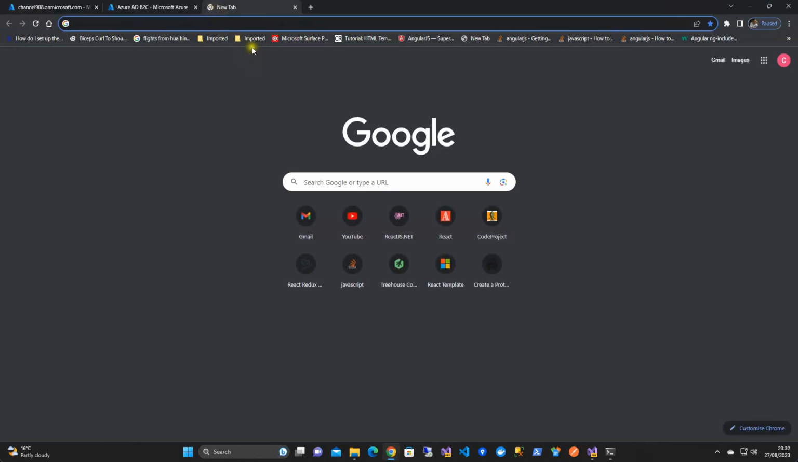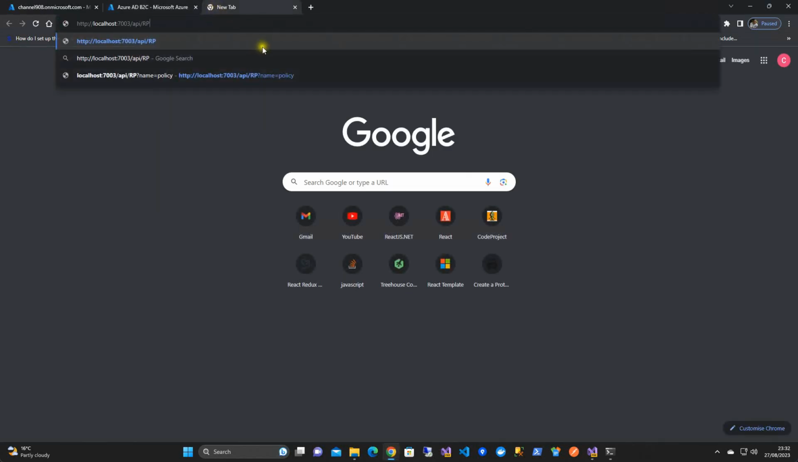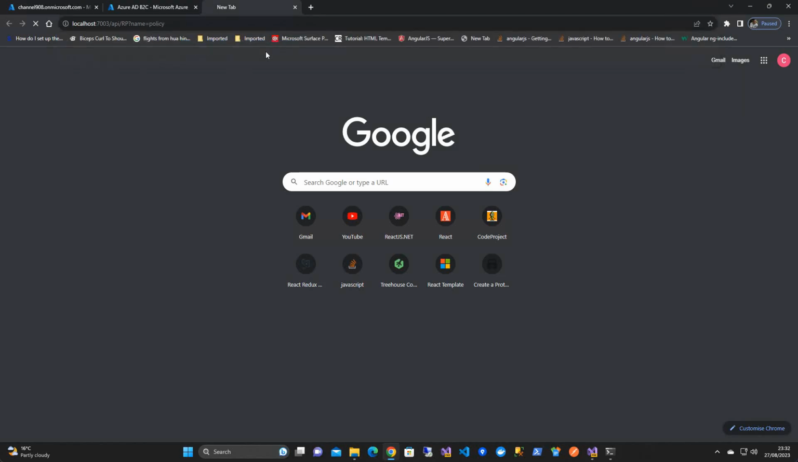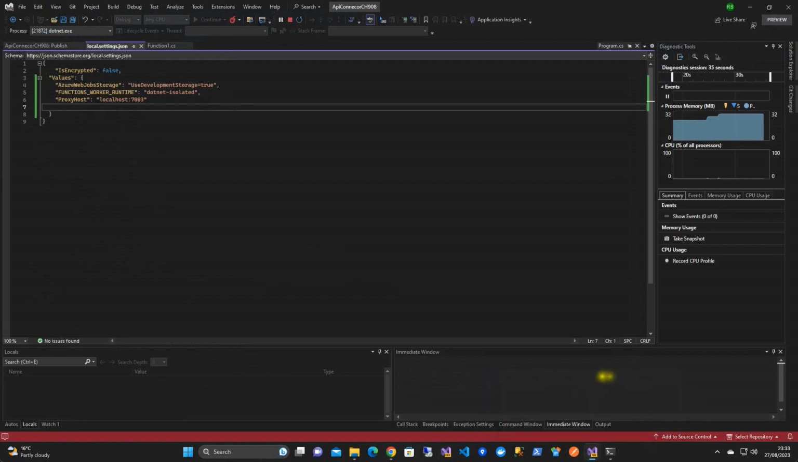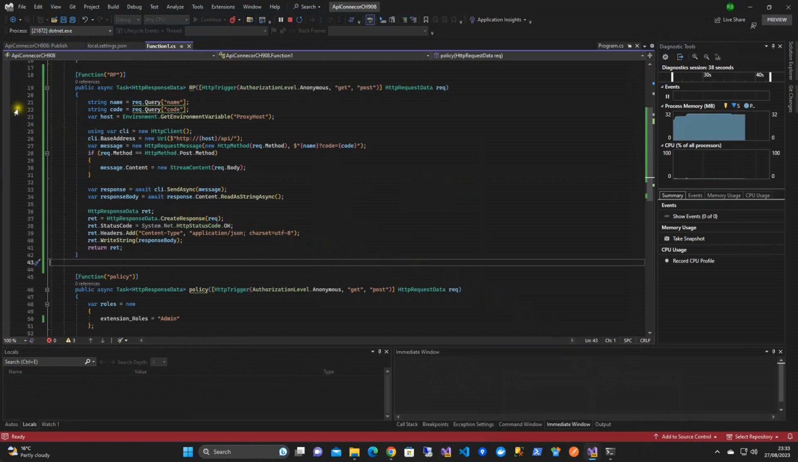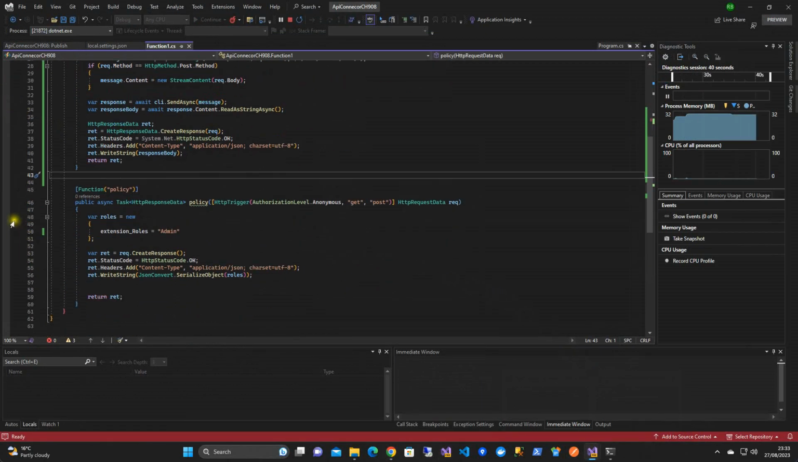I'm going to open up a new browser. Let's paste that. And then I'm just going to give it the parameter name equals policy. Okay, so let's go back and put a couple of breakpoints on that and run it again. So I'm going to put a breakpoint here and then a breakpoint here. So if you run that again,